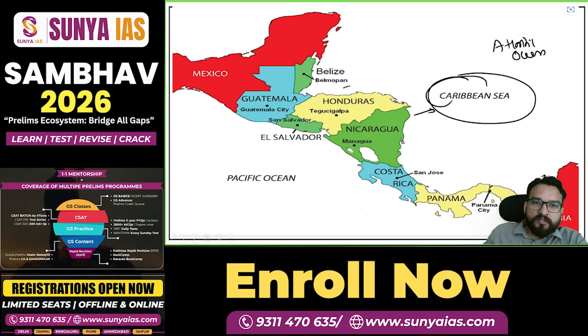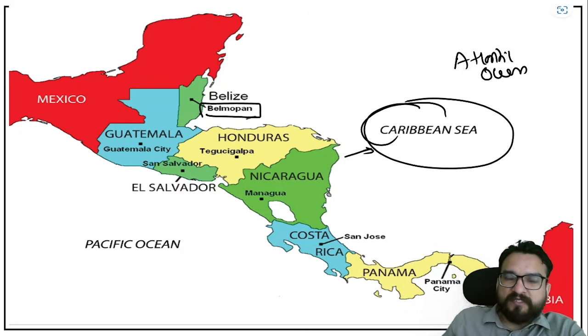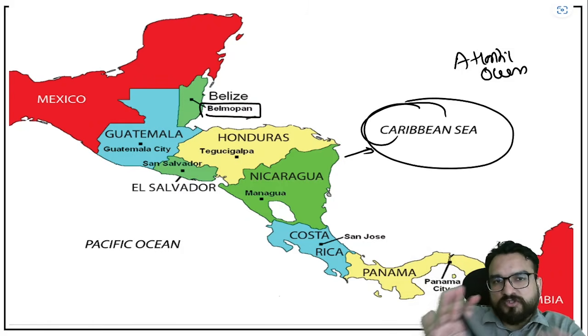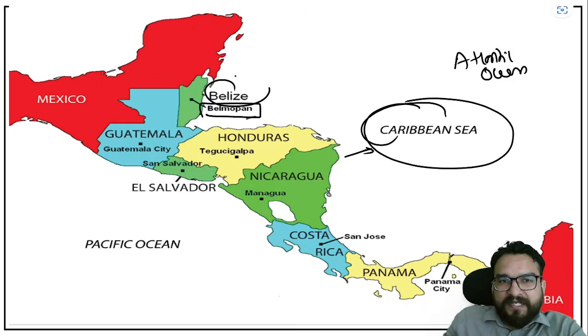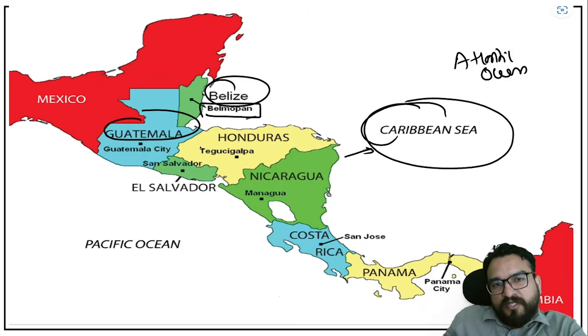See, first of all, this one country, Panama, you have seen. Now over here you see Belize. This particular part has two countries, Belize and Guatemala. Try to understand the capital also, Belmopan. Over here we'll just be seeing the location of these countries. These countries are not that significant that we'll be understanding inside details of them, right? So just capitals and the particular location of each country. Belize, Guatemala.